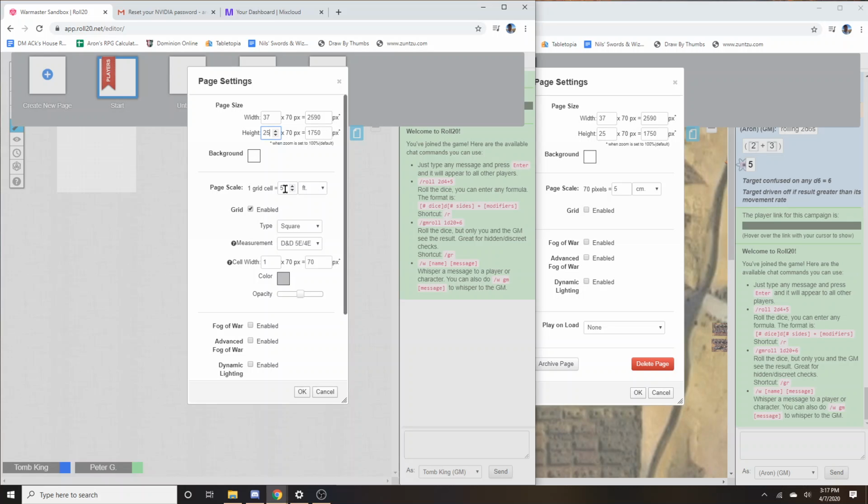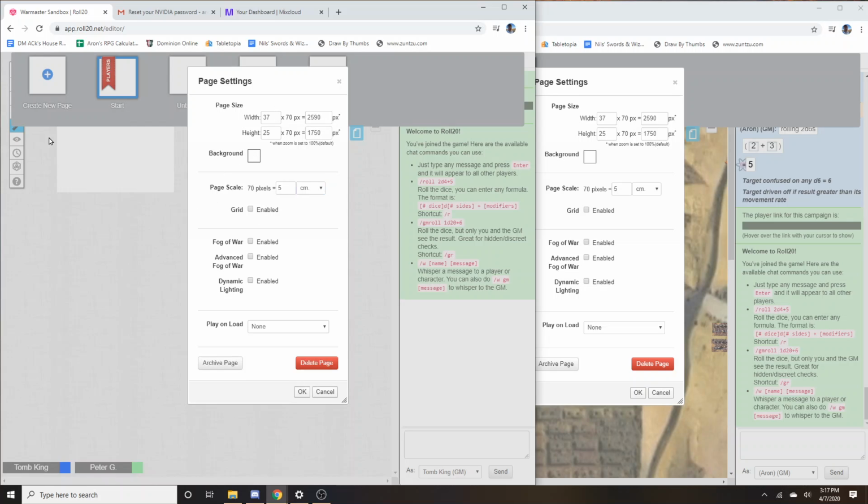I'm going to change my page scale to metric. I'm going to disable my grid because it's not necessary. And 70 pixels is equal to 5 centimeters. That's how I've set this table up, so that if we had a representative grid, 37 by 25 would be